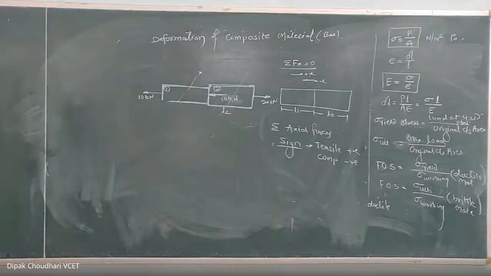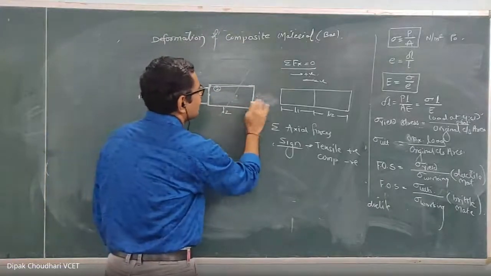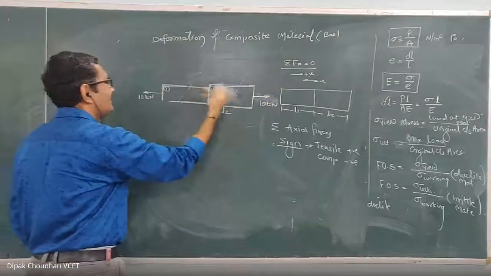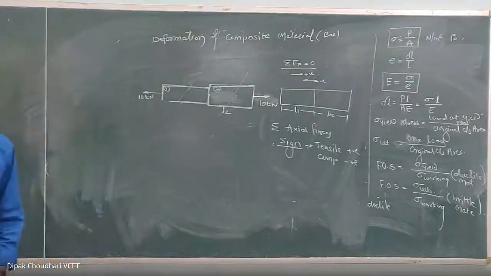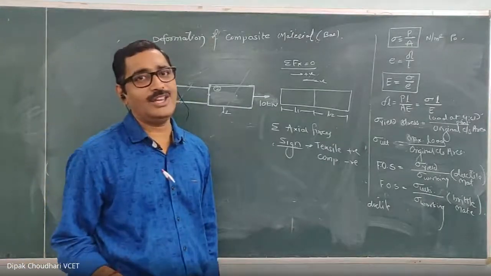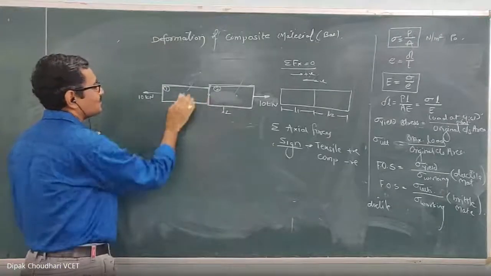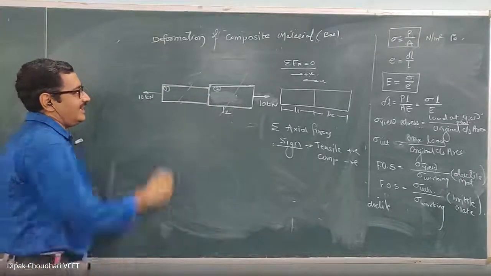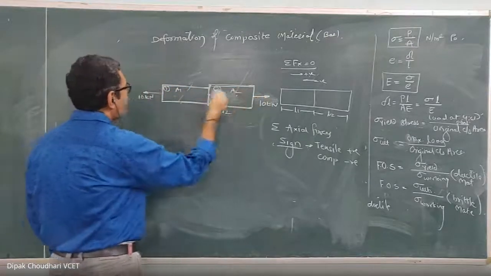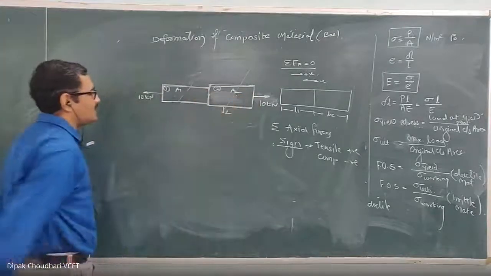Now come back. Let's consider the same rod which is subjected to an axial force of 10 kilonewton. Here 10 kilonewton, here 10 kilonewton, and no intermediate force. All of you have to answer my question. Unmute yourself and answer. Let's consider these two cross-sectional areas. Let this be part 1 whose area is A1, and this be part 2 whose area is A2, and it is subjected to the 10 kilonewton force at the ends only. No intermediate force is acting.